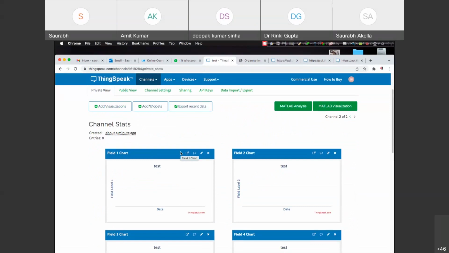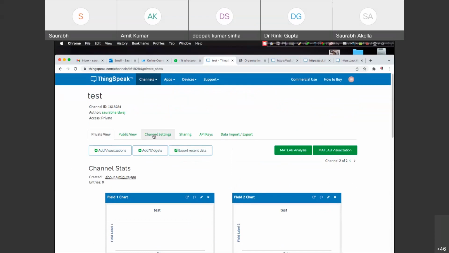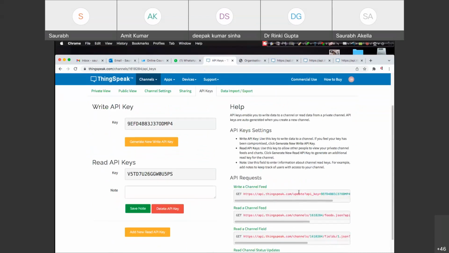But if I go into API keys here, what happens? There's a limit for this URL: you cannot extend the number of characters for this URL more than 100 characters, or 80 characters, 70 characters. Suppose there are 8 fields and you are sending around 20 characters in one field itself.